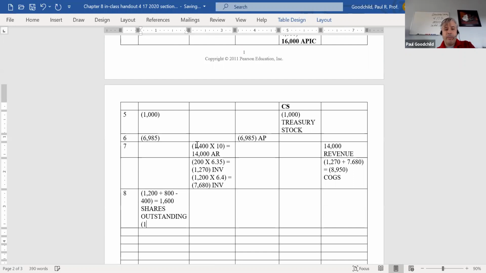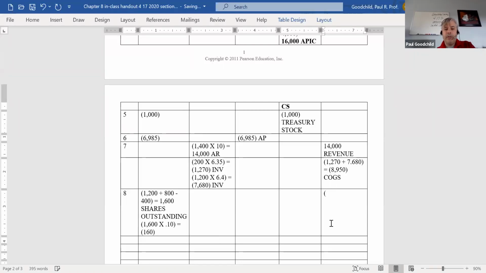And so now we multiply the 1,600 times 0.10, and that equals $160 reduction in cash